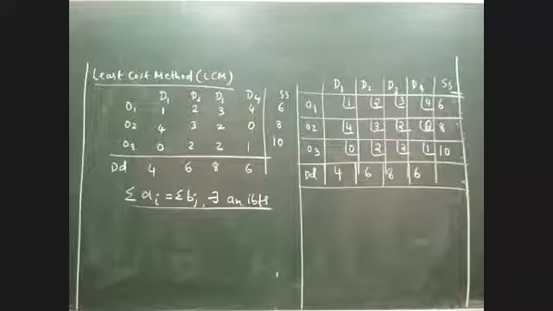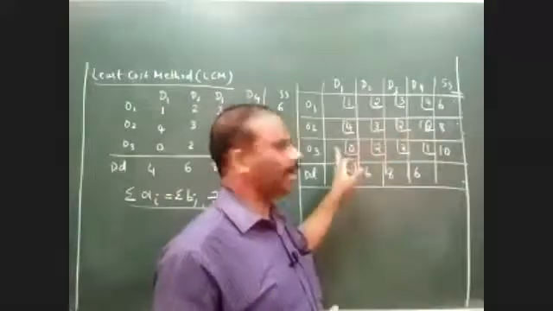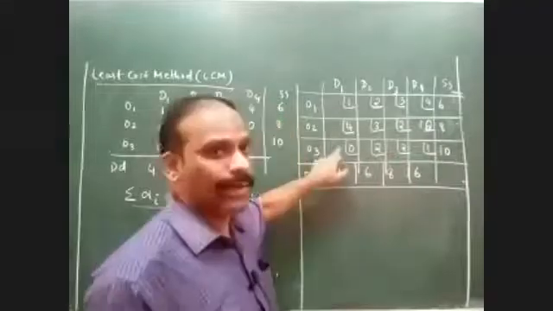Yes, sir. Okay. So please remember this clearly. Whenever the lowest value happens to be a tie or repetition, then you can select any value randomly. Now for the purpose of uniformity, let me take this as the lowest value. You can take this also, absolutely nothing wrong. For the sake of uniformity, let me take this value.